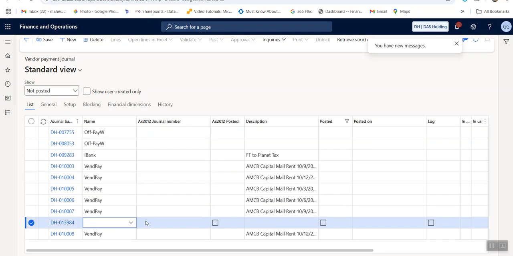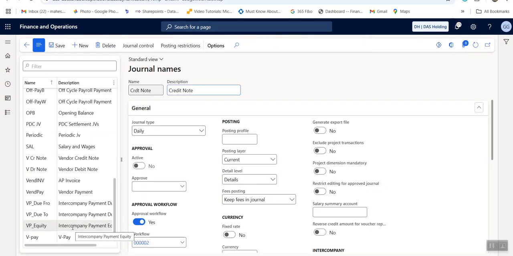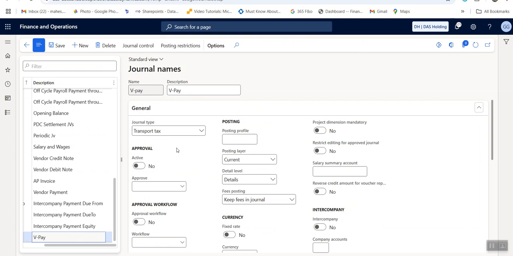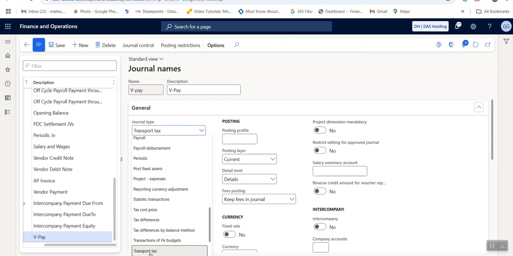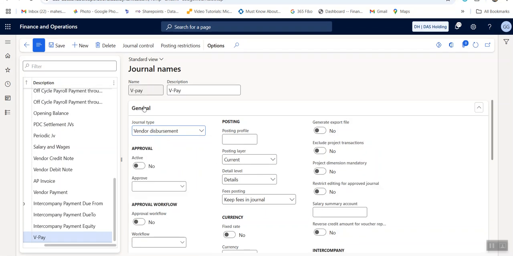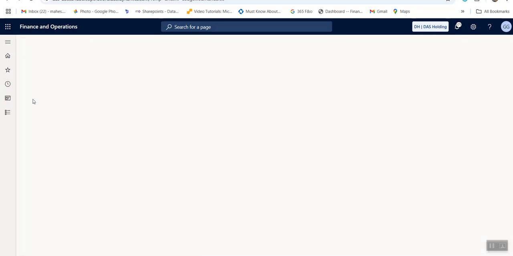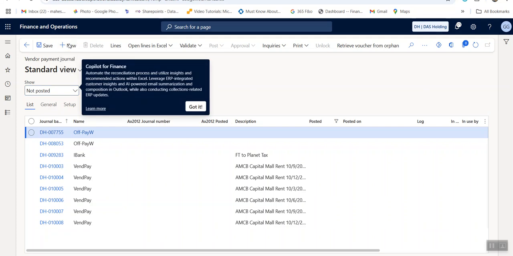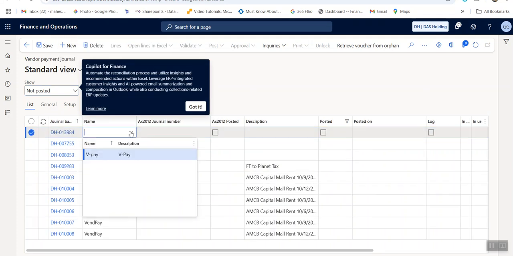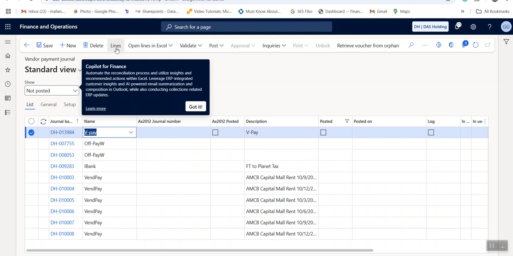Still it's not showing. Oh, you can see that was the reason, the transportation tax. Because of that it's not showing to me. So I have selected the vendor disbursement again. Now let's go back to the vendor payment journal, new. Now you can see here we pay, which we have created. So lines,